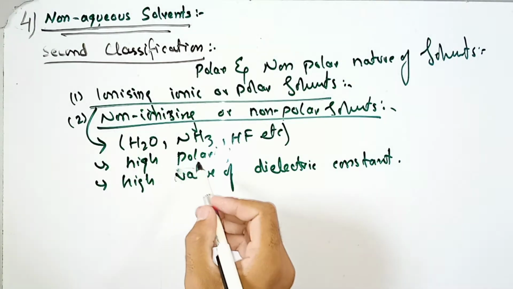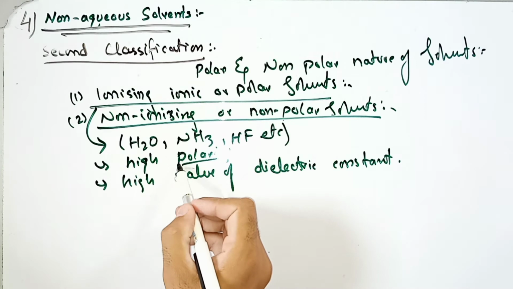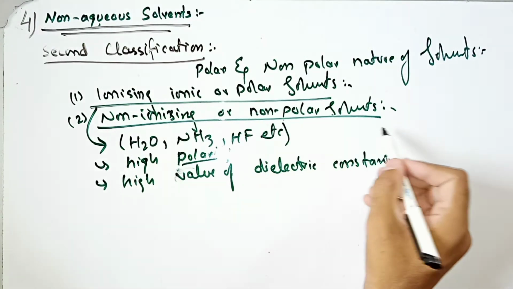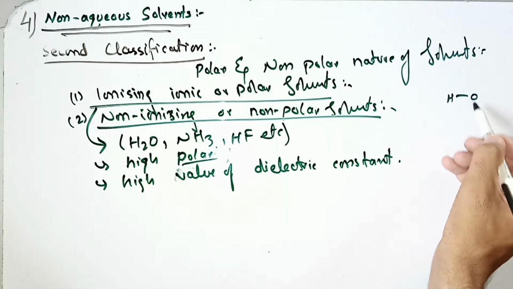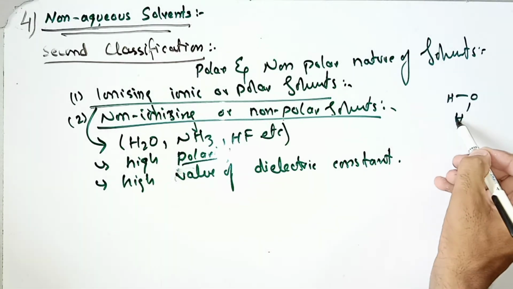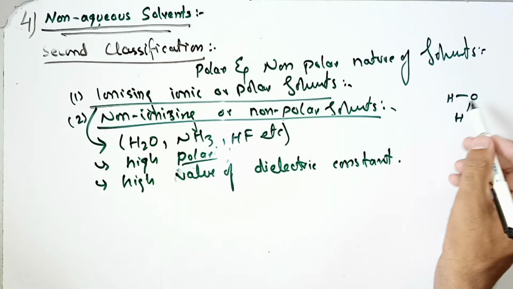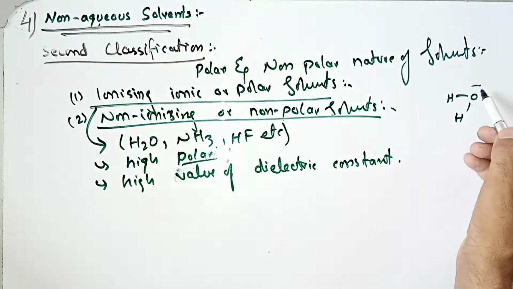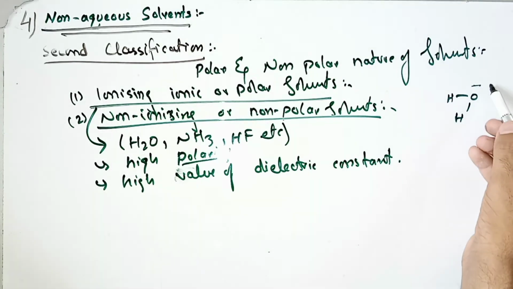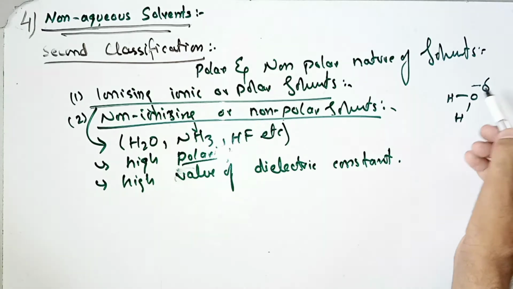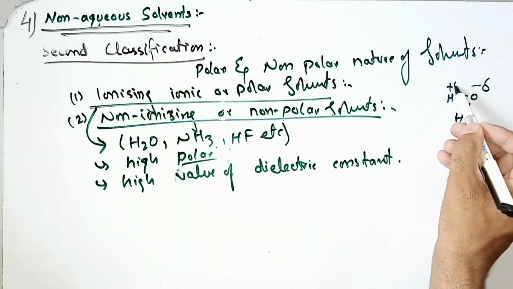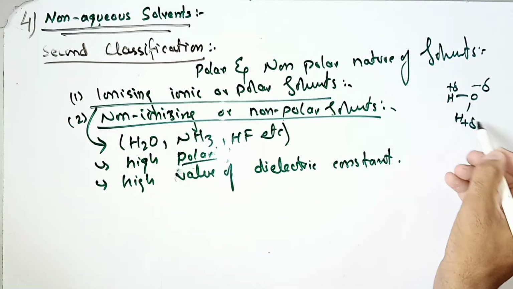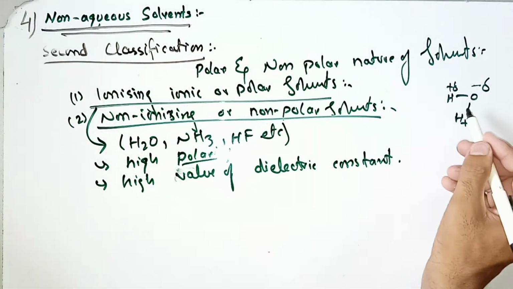Here you know what polarity is. Polarity means where poles can be formed, that is, positive and negative poles. For example, in the case of H2O, water, the electronegativity of oxygen is very high as compared to hydrogen, so it withdraws the electron from the hydrogen. The atom with the withdrawing property gets a partial negative charge, while the other atom that loses the electron gets a partial positive charge. So positive and negative poles are present.